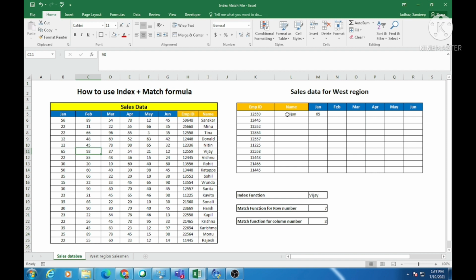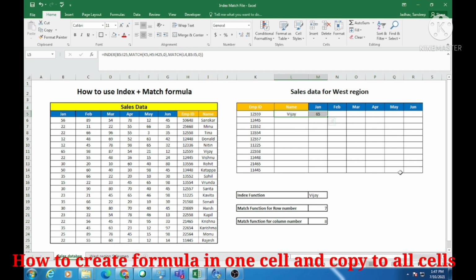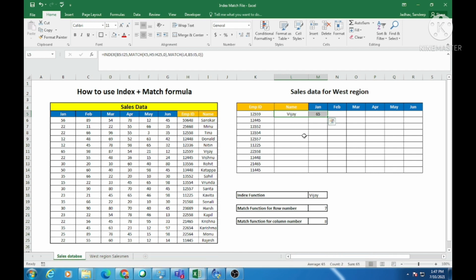Now I will tell you how to create a formula in one cell and copy it to all other cells by using the index and match functions. We are going to lock the array in different ways, so please pay attention. We are going to learn a very interesting thing.